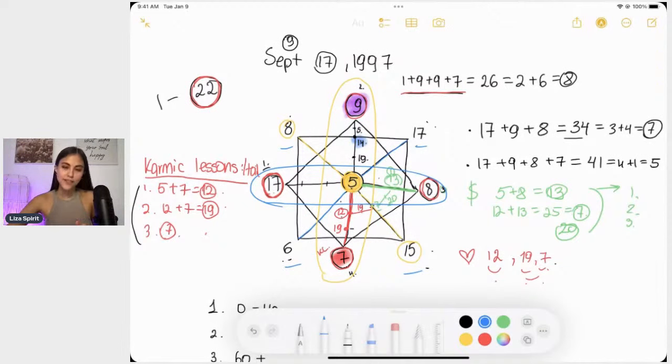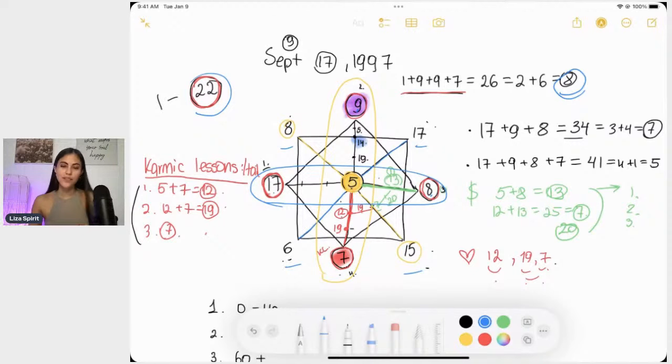This 17 is your day of birth, the day when you were born. The top is the month. The number 8 is the year you calculate. You just need to sum all the digits: 1 plus 9 plus 9 plus 7. We only have 22 energies, that's why we don't go over 22. That's 22 max. If it's over 22, you have to add the digits one more time. So 2 plus 3 is 5, for example, if it's 23.